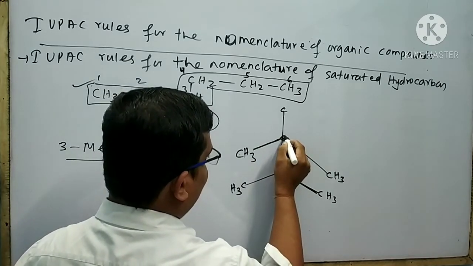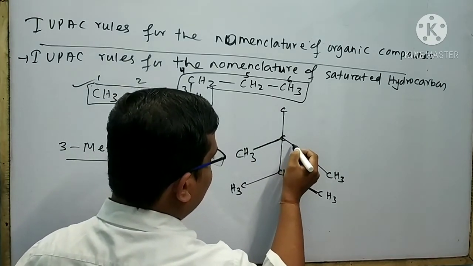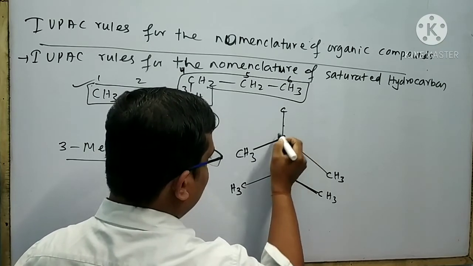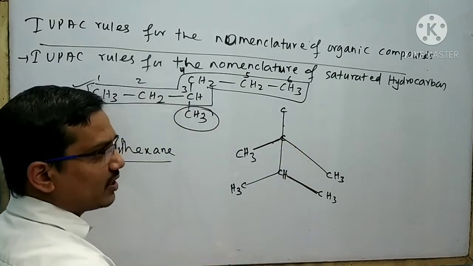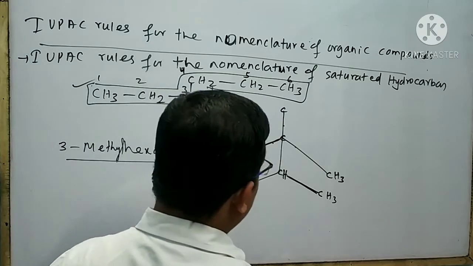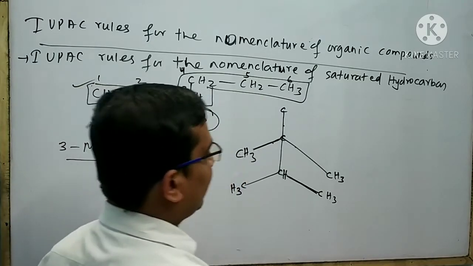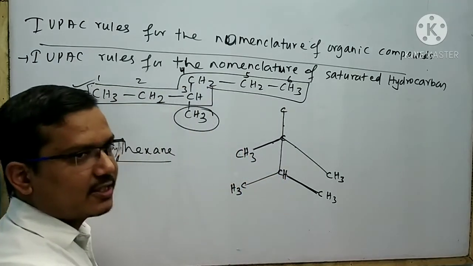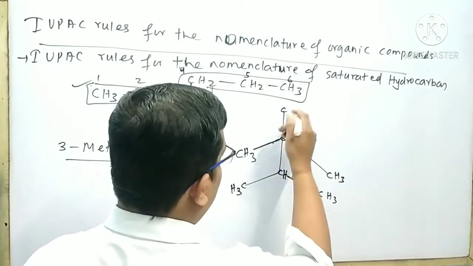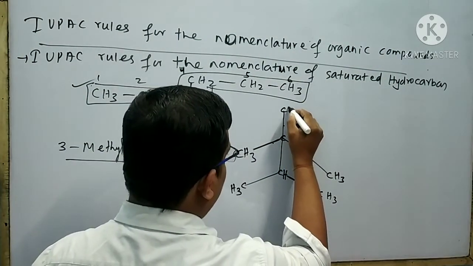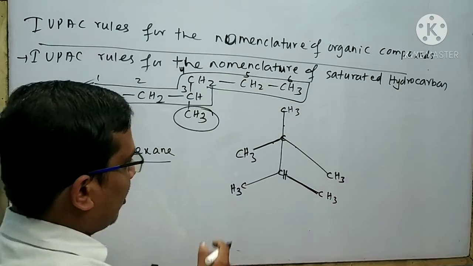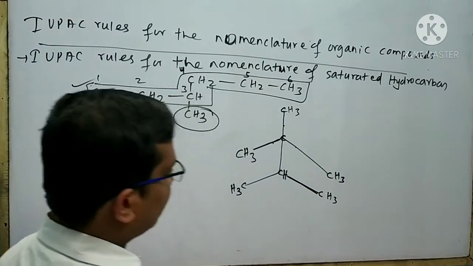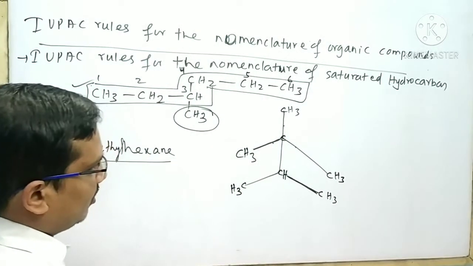Look at that, here the carbon atom has 4 covalent bonds: 1, 2, 3, 4. It is not necessary to write any hydrogen atom here because the carbon atom already satisfies tetra covalency. Here it is bound to write 3 hydrogen atoms. Now select the longest continuous carbon chain, then start numbering.